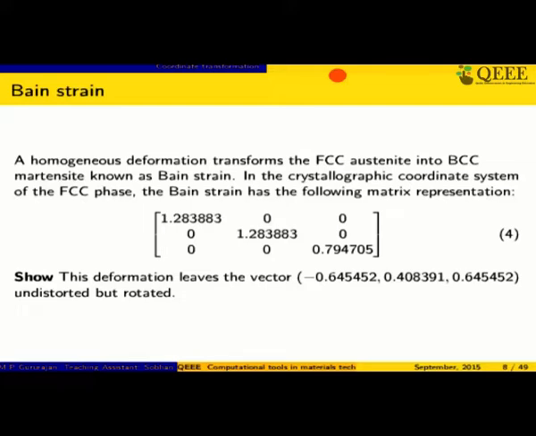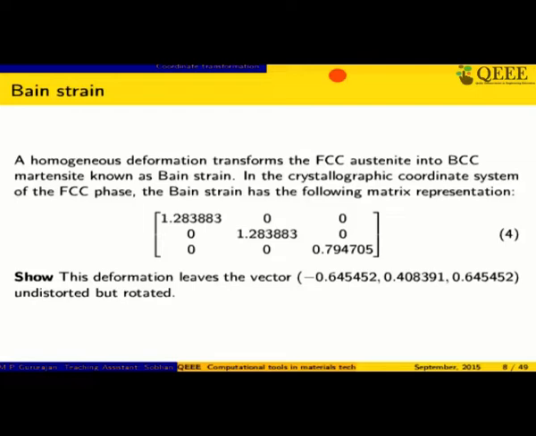Okay, so one of the important things to understand about martensite is its crystallography. Okay, in the crystallographic coordinate system of the FCC phase, you have an FCC phase which is going to go into a BCC phase, which is the martensitic phase. So the transformation that takes you from FCC to BCC, that strain, which is known as Bain strain, has the representation, but there is a small problem with this slide that I have written. So I'm going to write the matrix in the